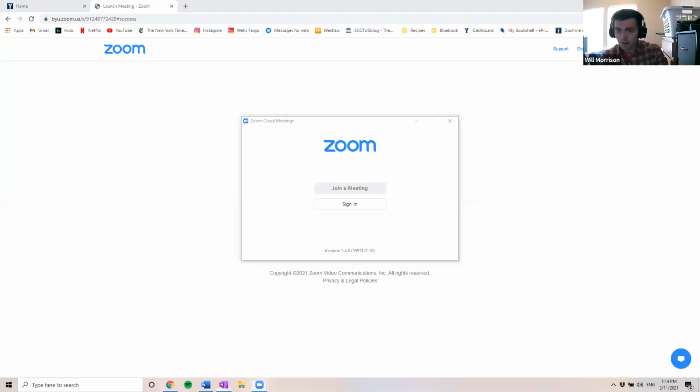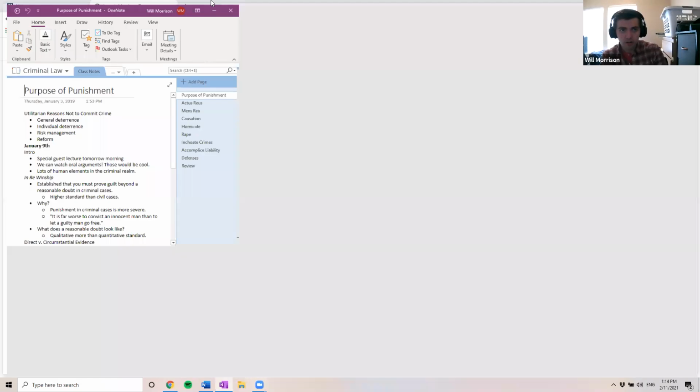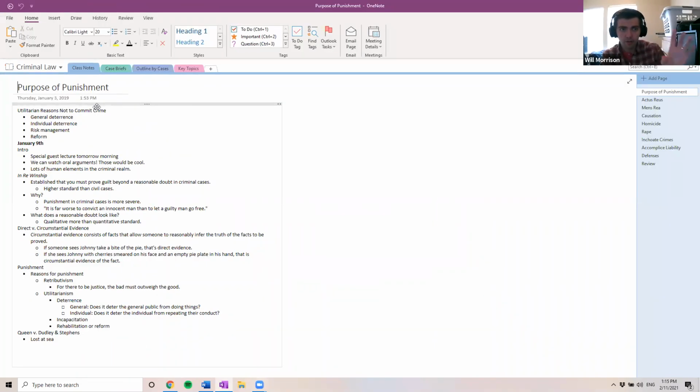All right, so I'm going to do a screen share. So before we get to outlines, though, you need your building blocks. Without your building blocks, the outlining will not work. Okay, so you should be seeing now the screen that has